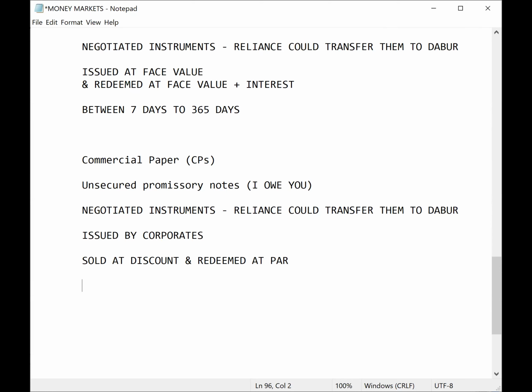Suppose it would be sold for 90,000 and after 6 months you get